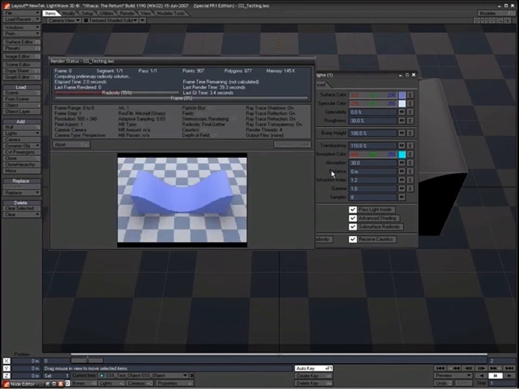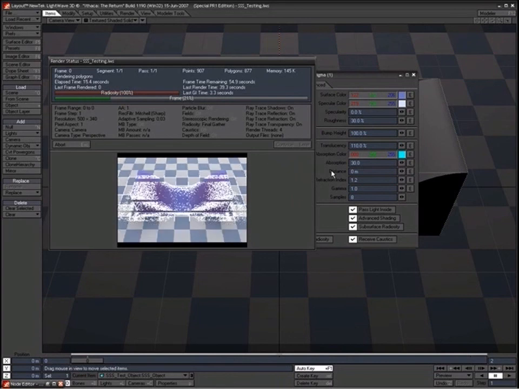Basically, the technical description of this setting is how far from the surface edge the light is absorbed. It's almost like an offset, and I'll show you why I mean that in a minute. It almost delays the point at which absorption is taking place. I don't think that's actually technically correct, but that's